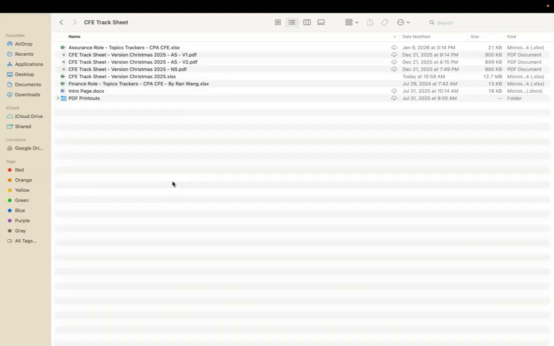So how do they mark people? You're going to have to look at the feedback guide. The feedback guide is sort of like a marking rubric. It tells you, okay, we are looking at this point. If you hit this point, I'm going to give you a mark. If you hit three or four of them, I'm giving you full marks. If you hit two of them, I'm going to give you partial marks. So the feedback guide is very important. So you use the solution as a technical guide and you use the feedback guide as your marking rubric to get a sense of how they mark your case.